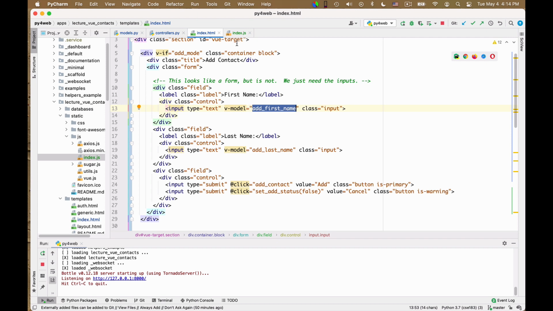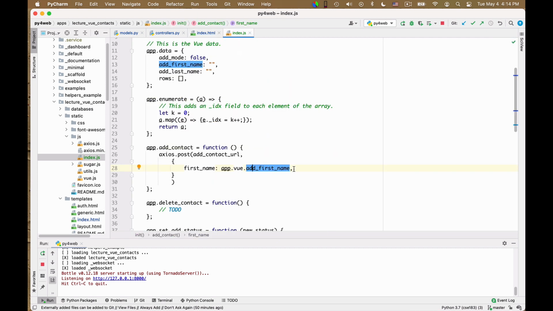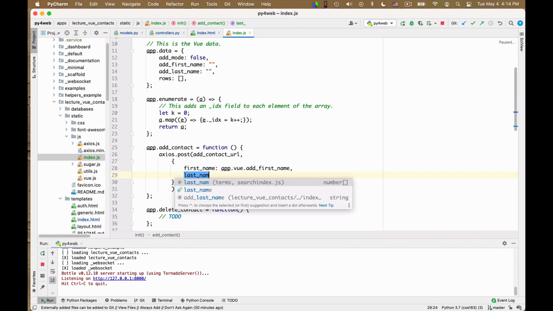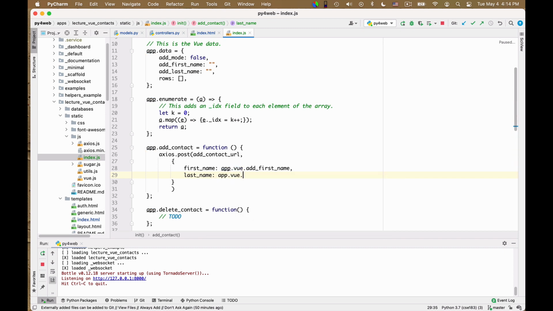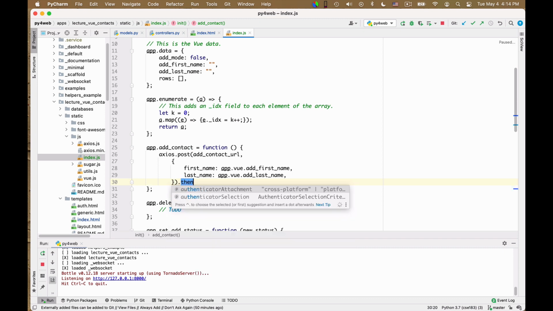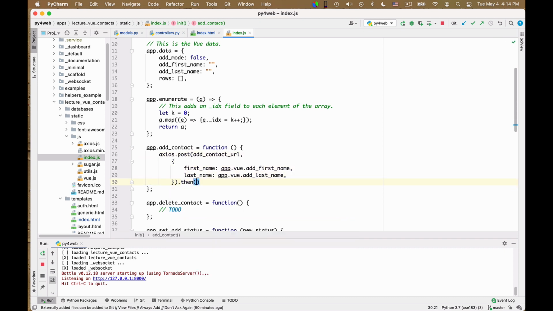Okay, so this variable will contain the value of the first name as the user typed it, and I'm going to send it to the server. Last name, app_view add last name. Okay, so this does it, and I don't think I need to send anything else. And once this arrives, and is processed by the server.